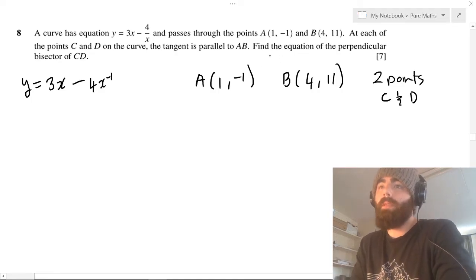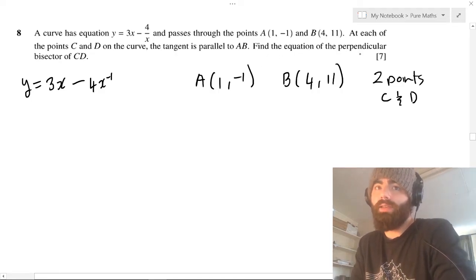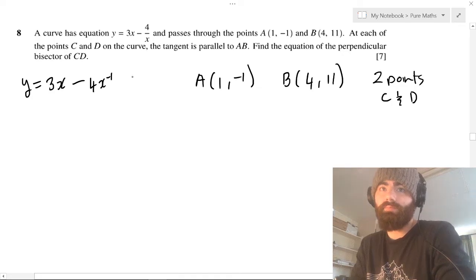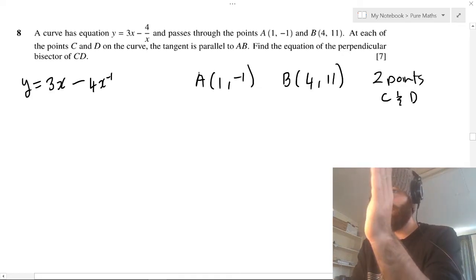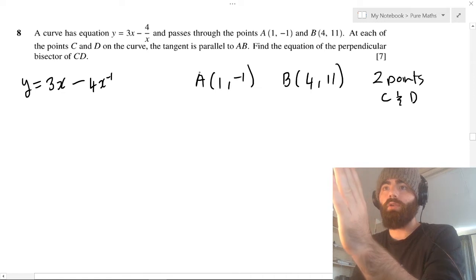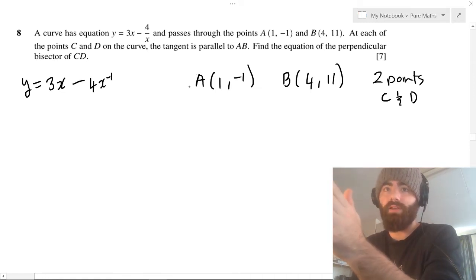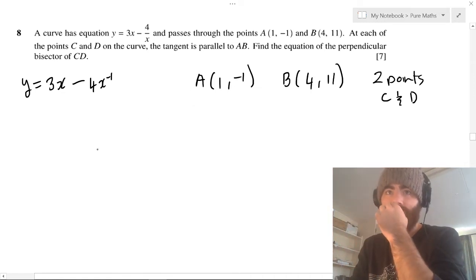Right? So we have to find the equation of the perpendicular bisector of CD. Okay, so let's just think about where we've got to go. So we've got to find the perpendicular bisector of CD. So all that means is that we have to find,